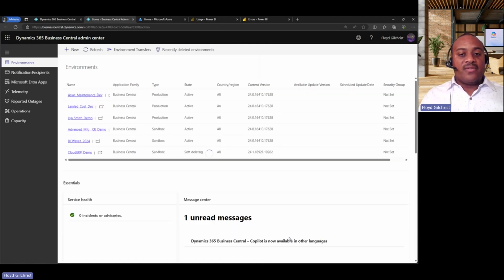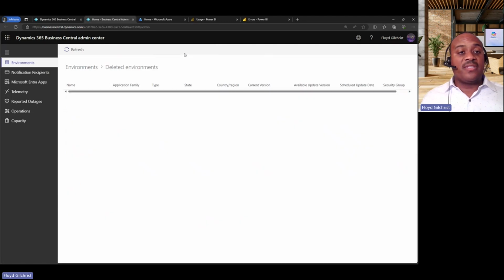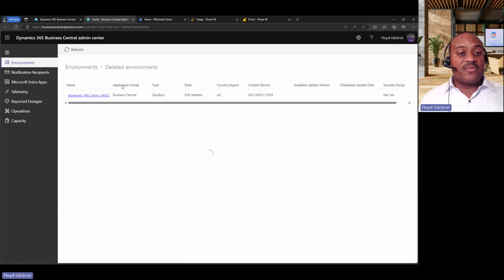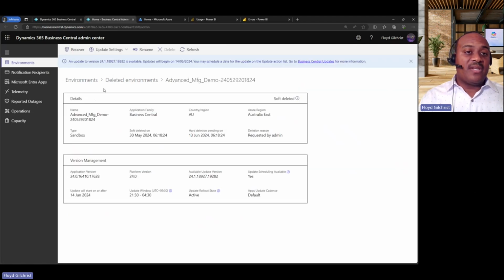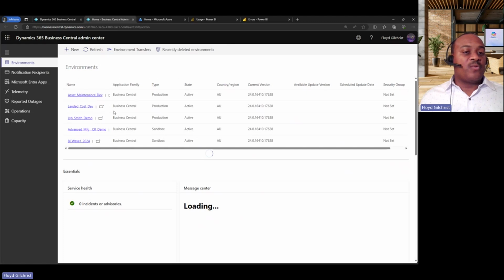And then once that's done, you'll see it's already starting the process of self-deleting. Now, in the event that you decide, oh, wait a minute, this is not what I wanted to do, you are not in full trouble yet because you can still recover that environment. So within the administration portal, I can go to my recently deleted environments, and I can always go and recover an environment. So in this case, I deleted one of my advanced manufacturing demonstration environments. I can see that it's in here. It gives me the option to select it, and then I can recover that environment. And when you recover it, again, within a matter of minutes, that environment's available. So it's not the end of the world if you delete environments.